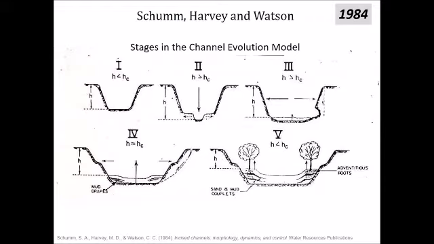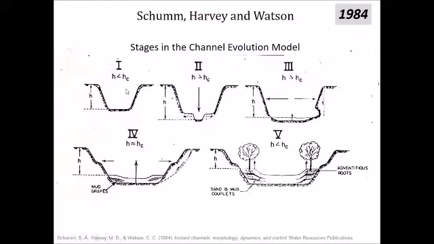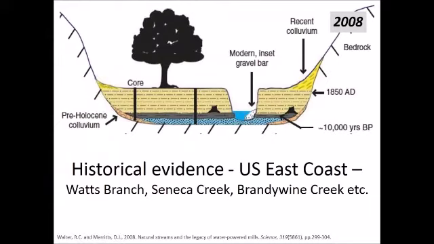But after about 15 or 20 years, that model started to be challenged because of historical evidence that suggested that stage 1 in the model was not actually the natural condition of the river. And this was led by work by Walter and Merritt on the eastern seaboard of the United States, looking at Watts Branch and Seneca Creek and Brandywine Creek and some of the classic sites that were used as references for